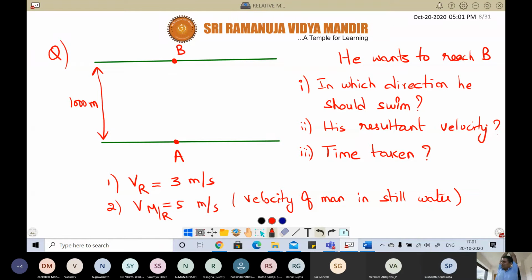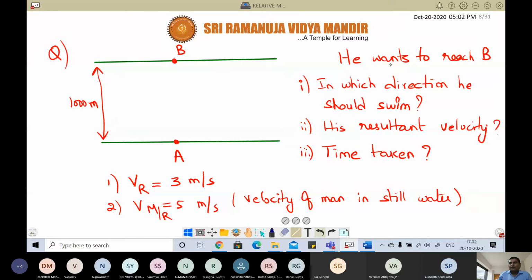Abhijita, any answer? Sir, time taken is 250 seconds, sir. First one I'm doing, sir. Who is this? The second one 4, sir. Sushant, is this? Yes, sir. 4. Yes. See, here there is nothing to do actually. You don't have to put pen on the paper. Please listen here carefully. Just draw the vector. Second one is 4. Correct. Here you don't have to do anything.